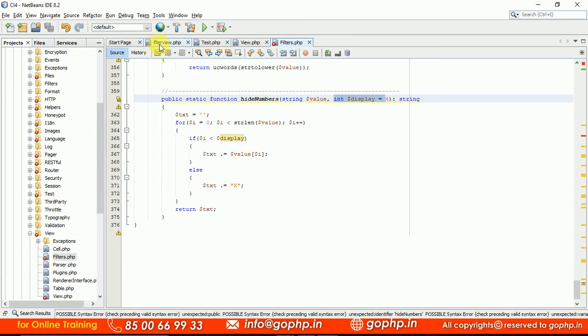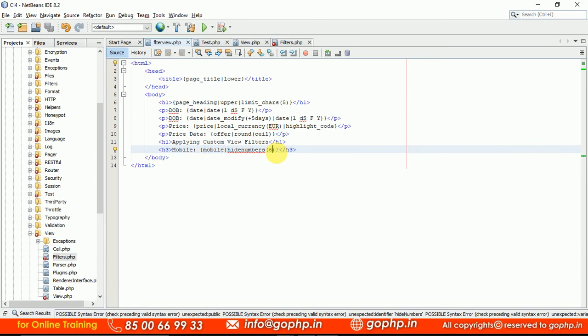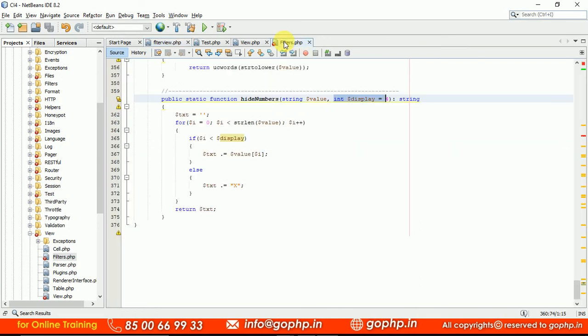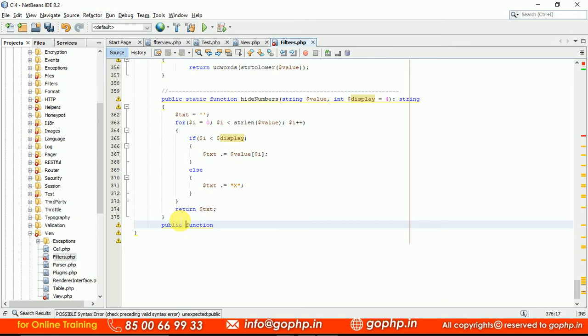Can you see what I did here? So this is the 6. The 6 is going to be stored as a second parameter in that function, right? Sometimes we may create functions without parameters also, right? So let us do one thing, and I'm going to create one more function here. I want to write some logic to display the vowels count. So let us write one more function, public static function.